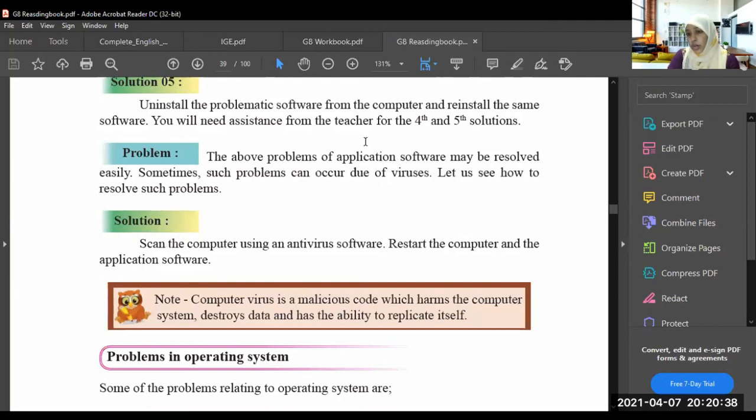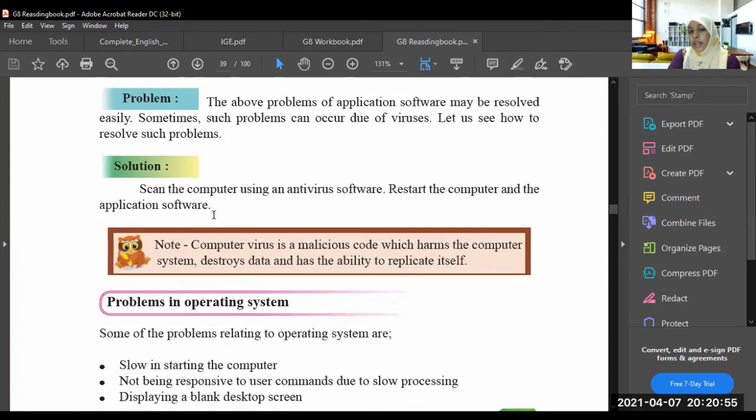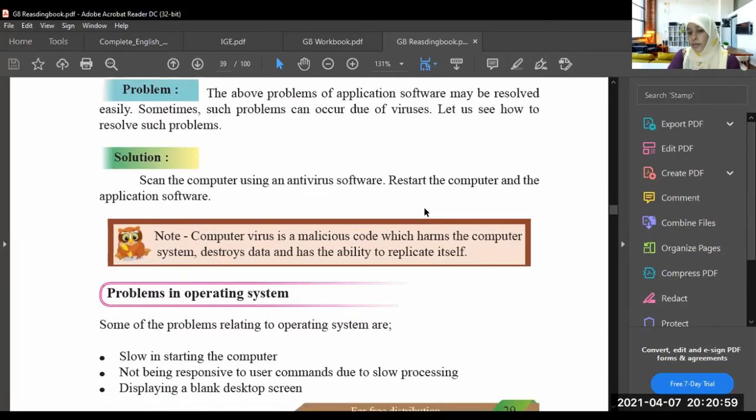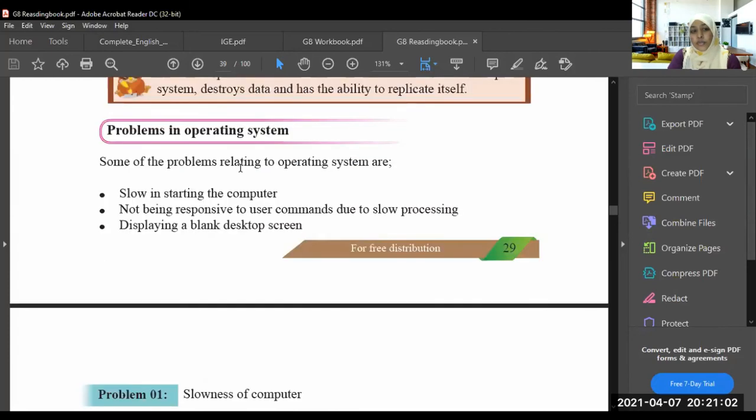If it doesn't work, then you should go to the next step. That means the problem may be caused by viruses. If it is affected by a virus, the solution is to scan the computer using antivirus software and restart the computer, right?